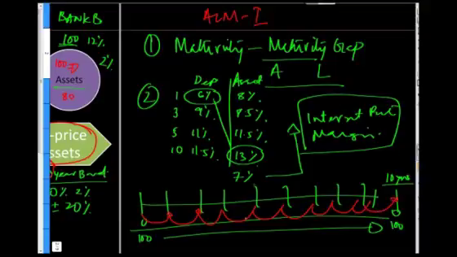If anywhere in between, the cost of this deposit becomes 13% or higher, I have a losing trade. Or if this deposit is not renewed and I have to sell these assets, I have to sell this 100 billion worth whatever it is at this point in time, then I have an issue.